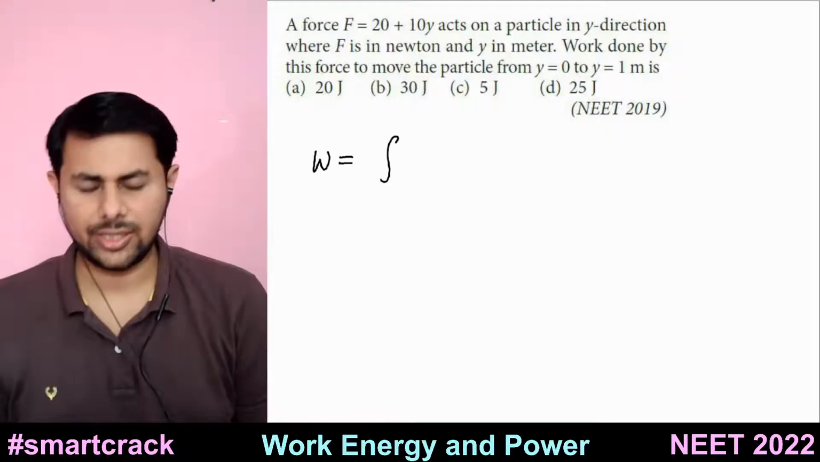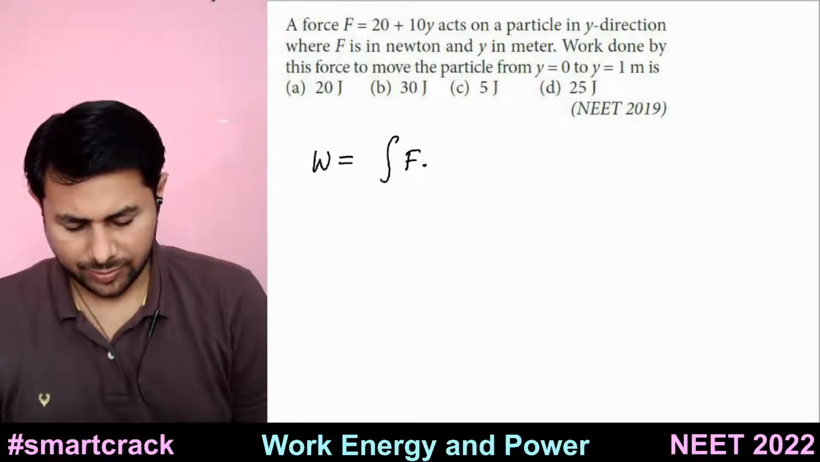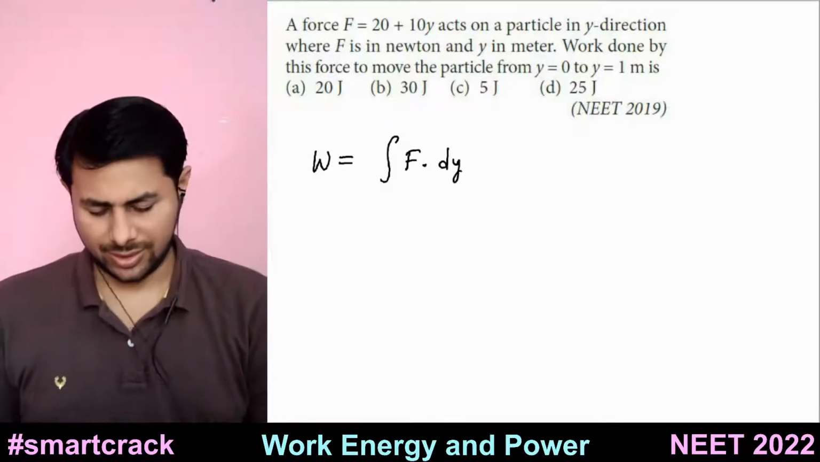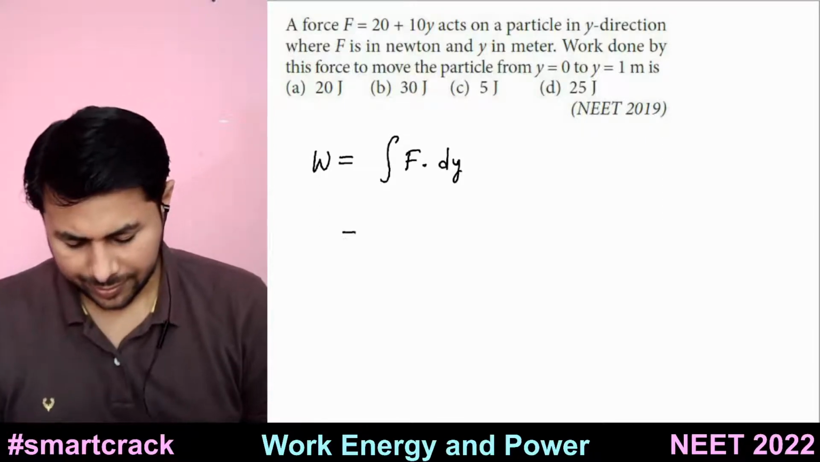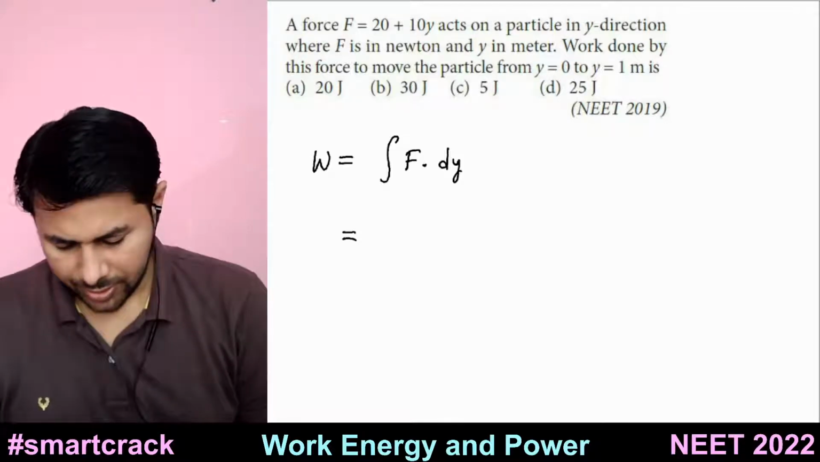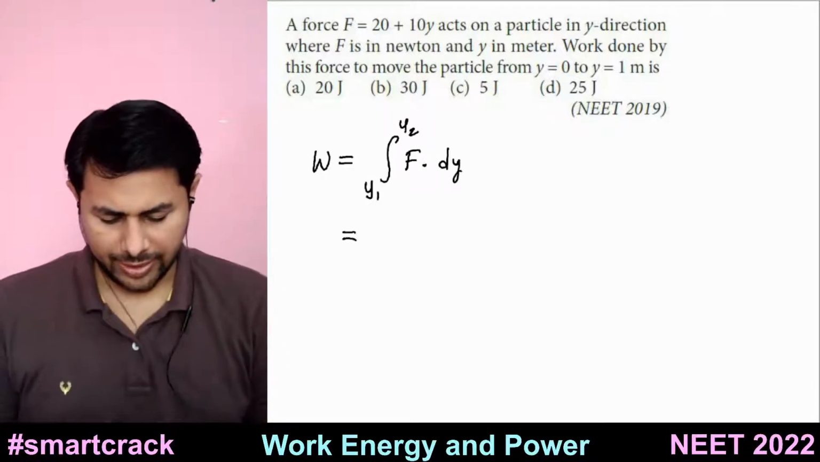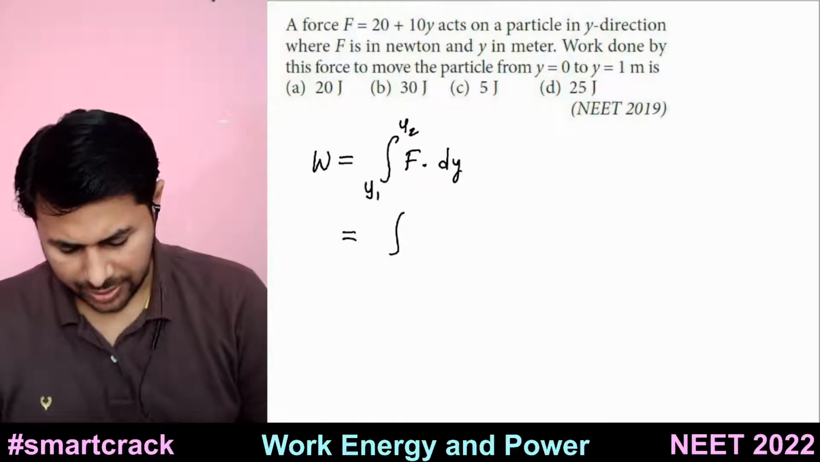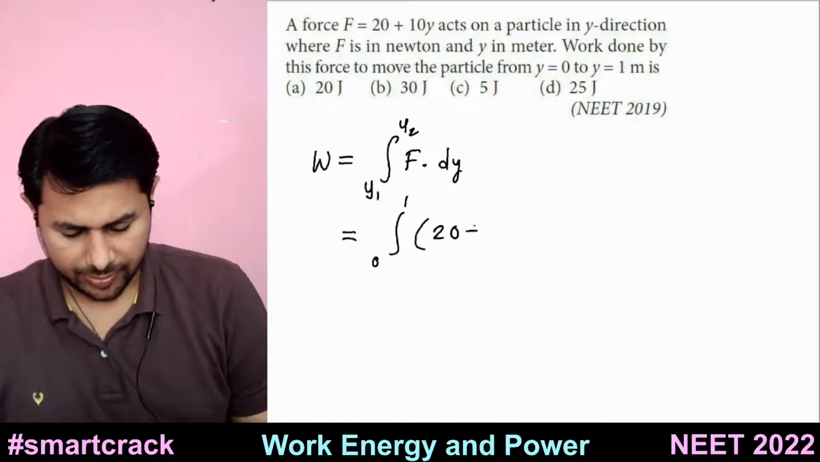Since this is a variable force, work done is equal to the integral of force into displacement. So integral of F dy, because displacement is in the y direction. From where to where? Let's say y1 to y2. Afterwards we'll substitute the values, or we can substitute them right now. It's 0 and 1. What is force? It is 20 plus 10y